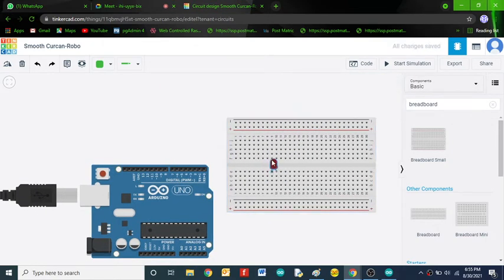So I have connected the LED here. I will connect this pin to ground, and I will connect the positive pin to 13.